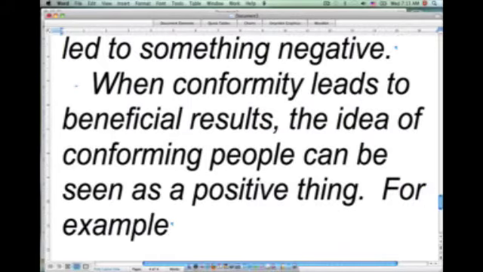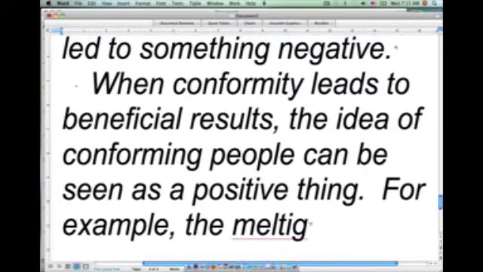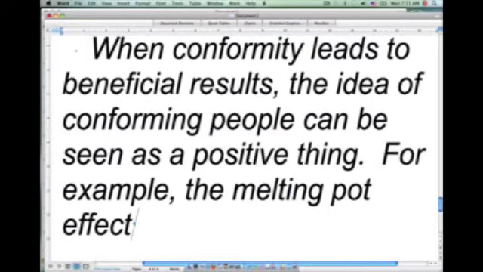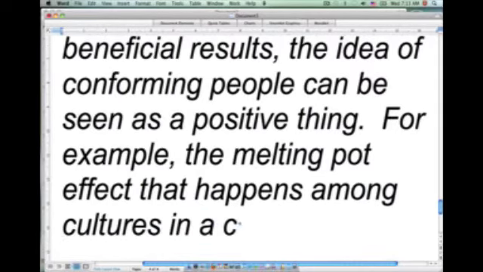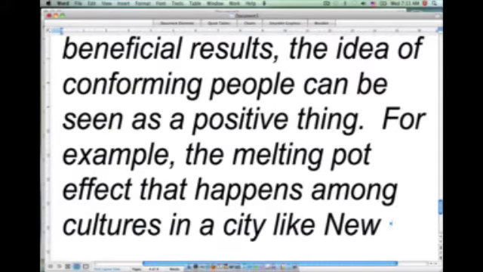So for example, the melting pot effect that happens among cultures in a city like New York City